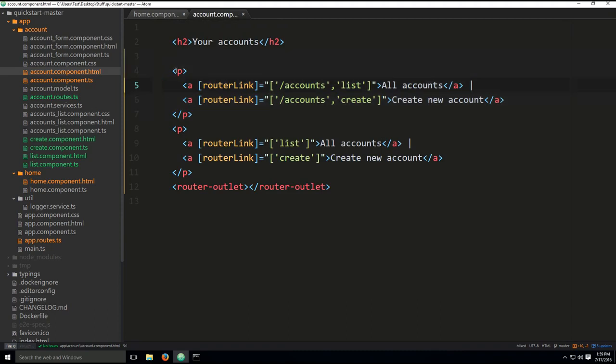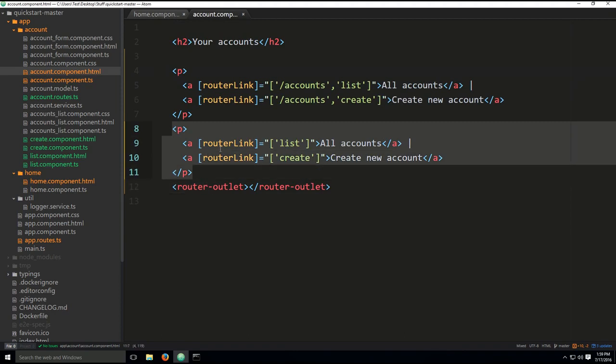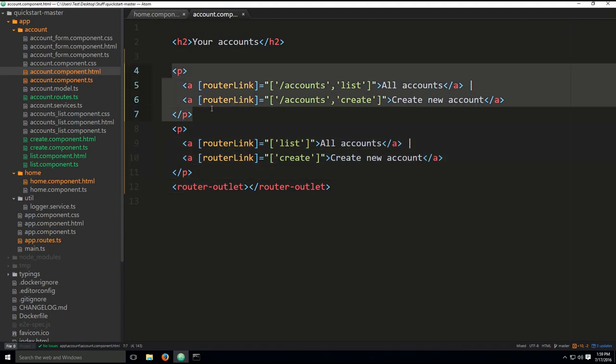Now, if we go into the account.component.html, this is just an example of how not to do it, and this is an example of how to do it. Why is this how not to do it? Because we're creating a routed link with the slash accounts, and when you have this slash, it begins looking at the root. This is not always a good idea because this name accounts might be changed or something like that. But if you list it in a dynamic fashion like this, that means that even if the account's name changes,